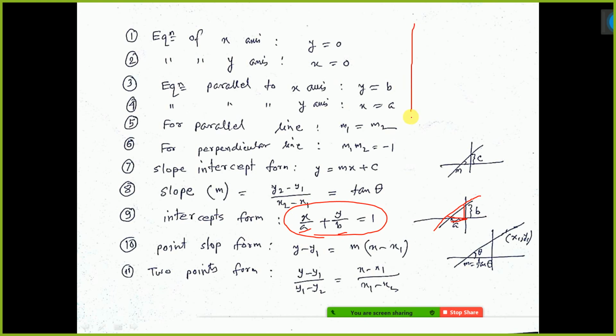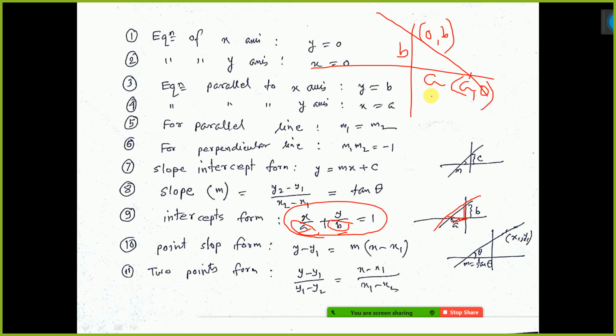One extra piece of information I am giving you. The intersecting point, this will be A. Since this is A, this intersecting point will be A comma 0. This intersection is B, so this point will be 0 comma B. You have to memorize this thing. If you write the equation in the intercepts form, under x will be the x-intercept and under y will be the y-intercept.